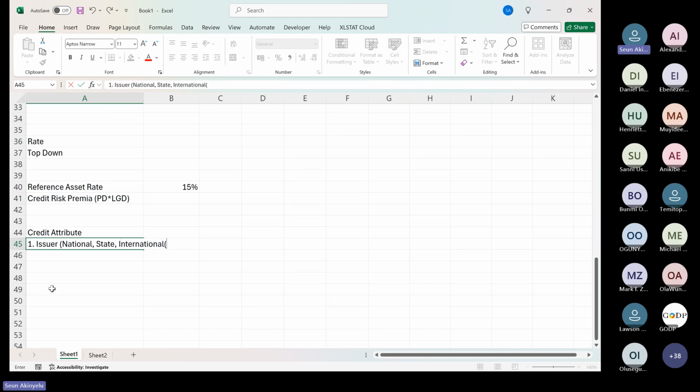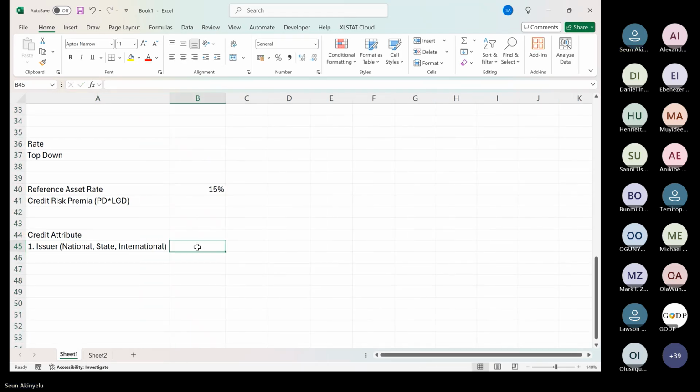Now, which kind of bond do you think is more creditworthy? National, state, or international? This one we need to do together. If you want to rate them, which one is better? A national bond, like an FGN bond, a state bond, or an international one like a supranational bond? Which of them is better, national or Eurobond? Well, for me, national, because of country risk for international.